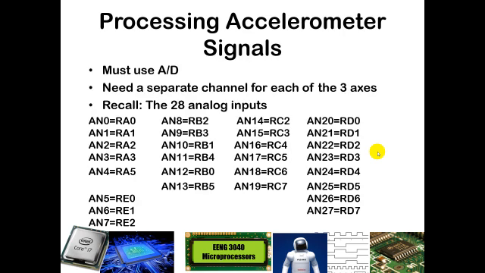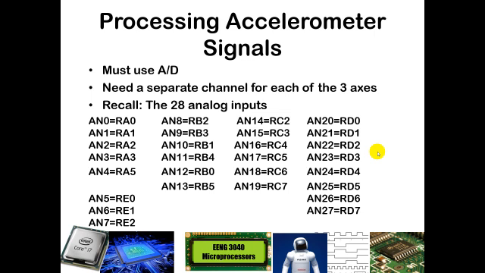When we are trying to process signals from the accelerometer, we must use an analog to digital converter. So we cannot natively process analog signals. We must take in those analog values and convert them into digital signals that we can process. We are going to use a separate channel for each of the three axes. So we're going to use 3 of our analog inputs on our PIC processor to process the x-axis analog, the